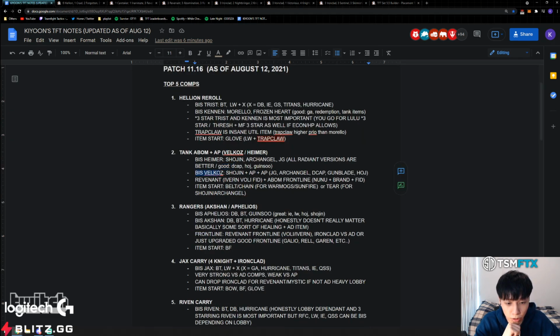If you're doing the Velkoz carry version, it'll be Shojin plus AP plus AP. It doesn't have to be double AP, it could also be AP plus a healing item, where a healing item is either Gunblade or Hodge. So basically you just want Shojin for sure, whereas for the other mana item, it could be something like Jeweled Gauntlet, Archangel, Deathcap, Gunblade, Hodge, as follows. And your frontline will be Revenant, which are Ivern, Volibear, Fiddlesticks by default, and obviously Aeon frontline, which is Nunu,